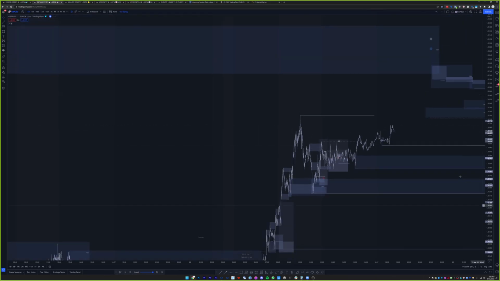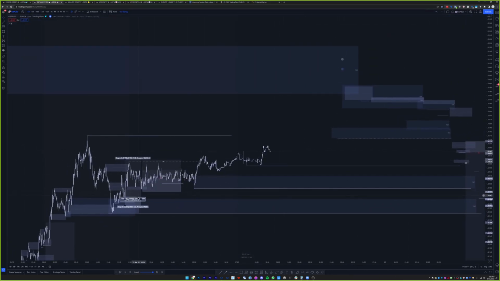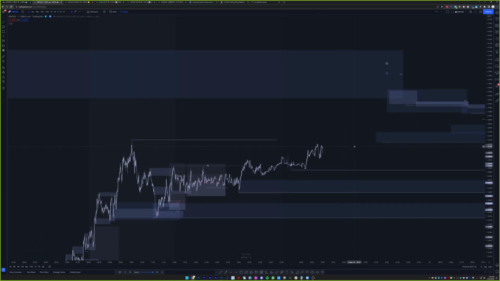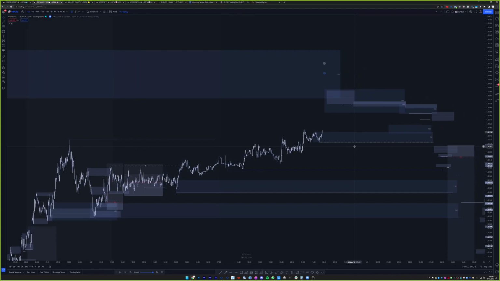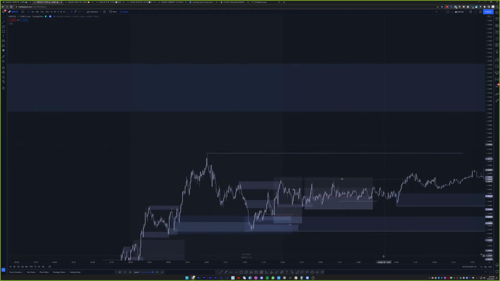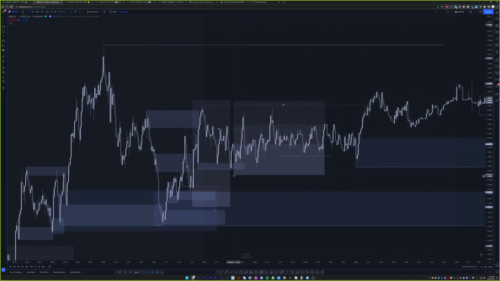I really don't. Do you always give your SL breathing room like that? Yeah, I cover commissions. That's why. Because if price returns and you have your stop loss at the entry level, you will pay the commission, so you will always lose something. No, I mean, do you always put your SL at your original SL with a bit of breathing room below the order block that you've entered in? Yeah, I typically do. I give it spread at the very minimum, if not more. Yeah, you should give it a little room because sometimes price sweeps it by a bit, and also there's spreads to have in account.